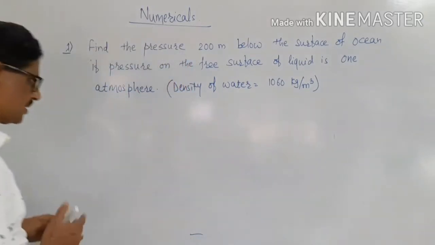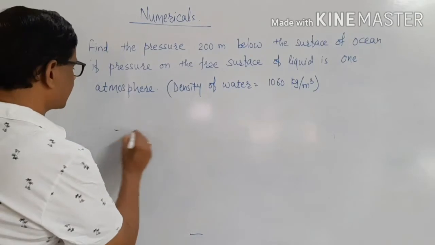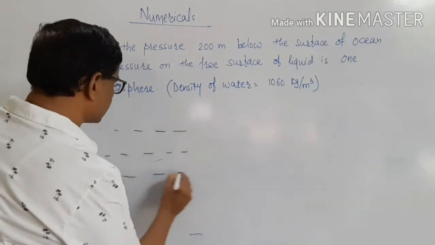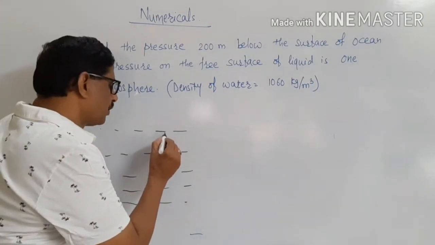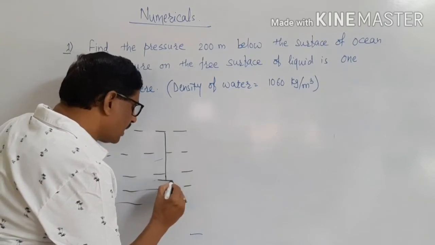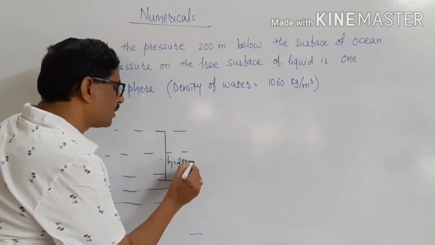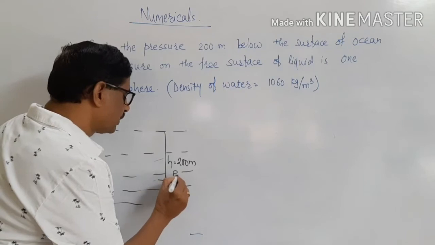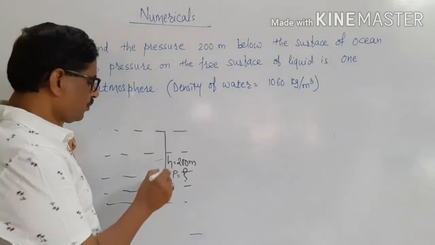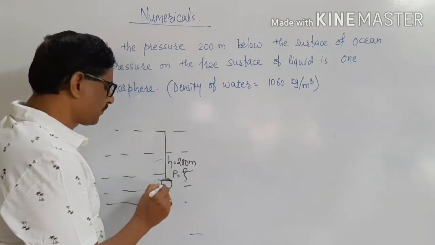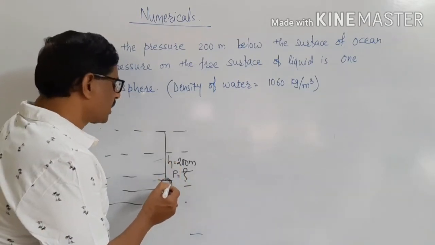Dear friend, the things are very simple here. Let us consider it's ocean, that is liquid in ocean, and here we have to think of a depth h from the surface which is equal to 200 meter. We have to determine what will be the pressure. Now pressure at this point, let it be P. This pressure is nothing but